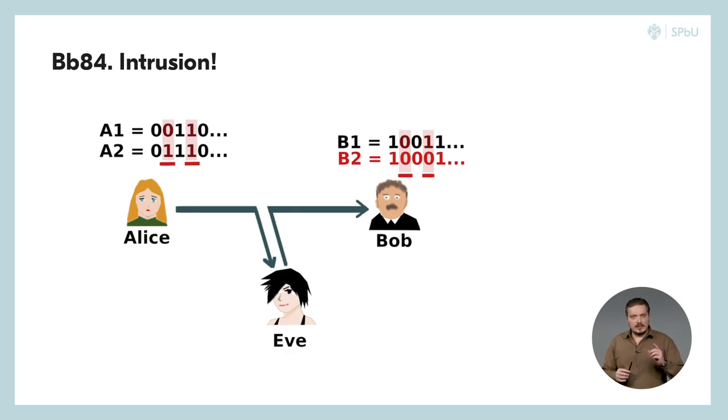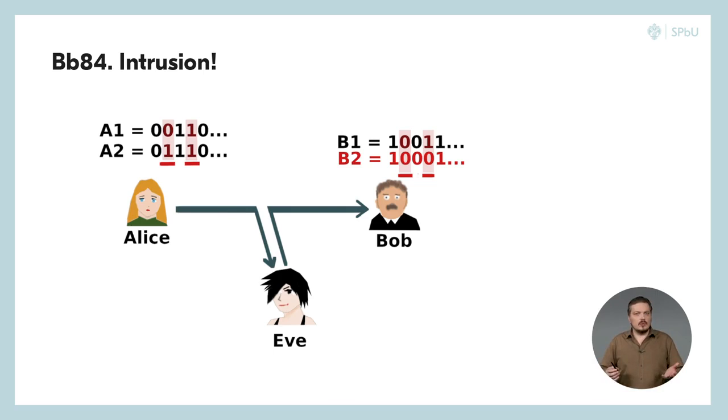To avoid that, Eve, when she intercepts a photon, must send some photon to Bob, so Alice and Bob wouldn't notice her intrusion. The question is, what to send? If Eve could duplicate the photon, then she might send the exact copy of the photon she received. But it's not possible thanks to the no-cloning theorem. So the best thing she can do is to measure the photon and send Bob the same photon as she just measured. And the problem with that, as you might guess,